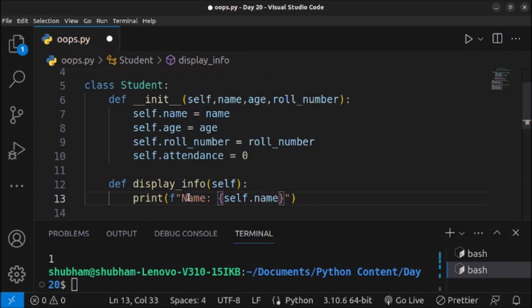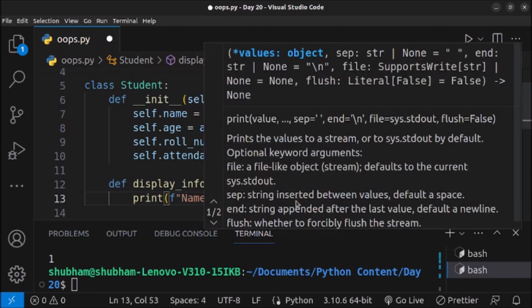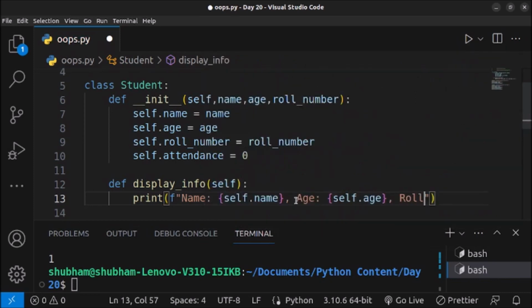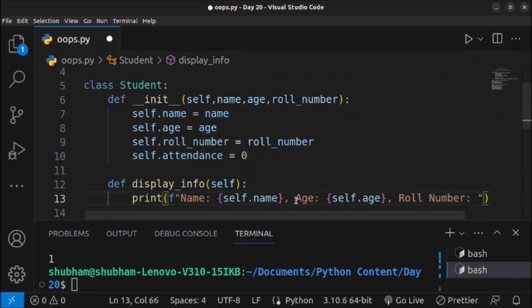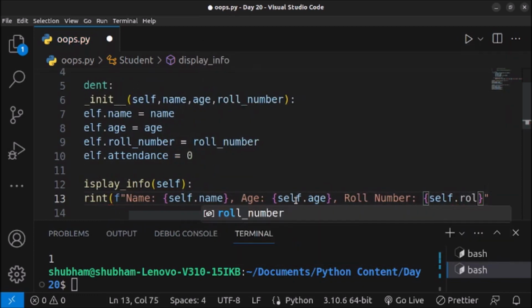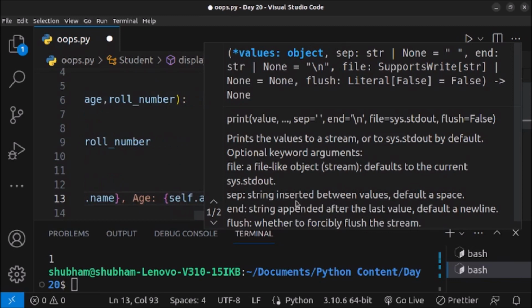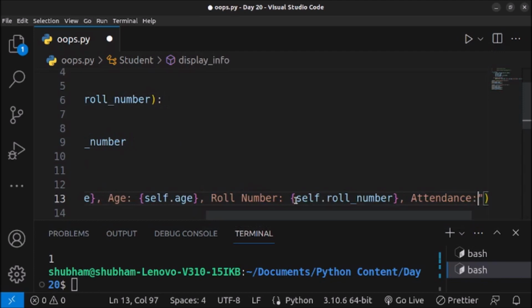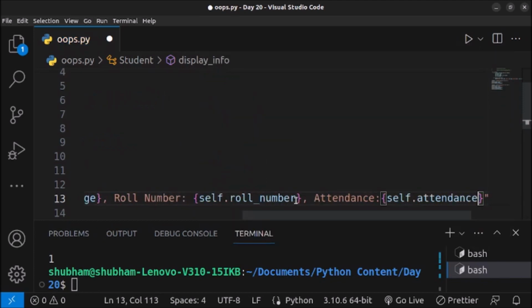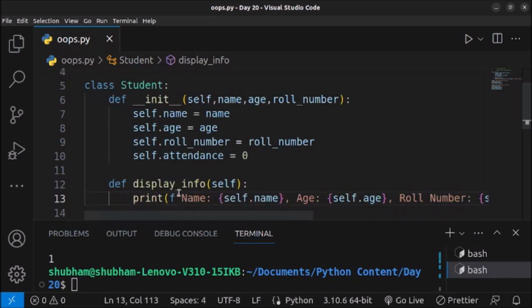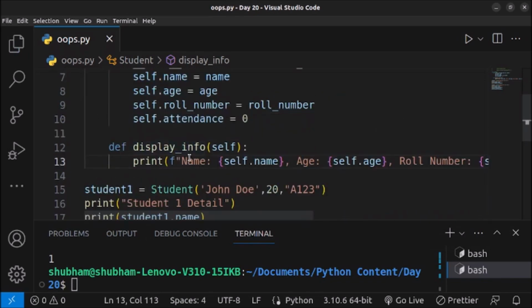name, and I will add a comma, and after that I want to print the age. So age colon, and here self dot age. After that again one comma will go here. Then roll number, and here I will print self dot roll number, and the last attribute will be the attendance. So here attendance, and here I will access self dot attendance. So we have created a method which is only doing one thing, which is to print the information of the